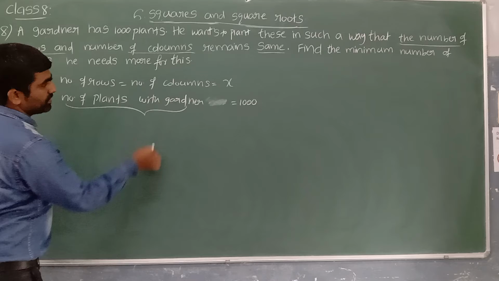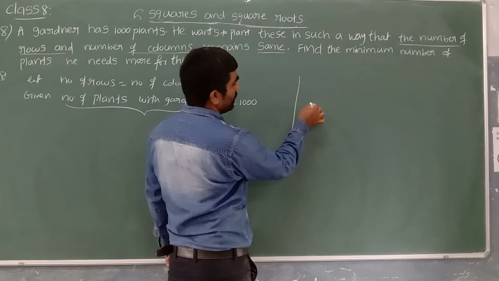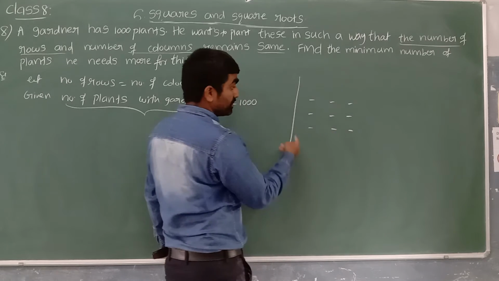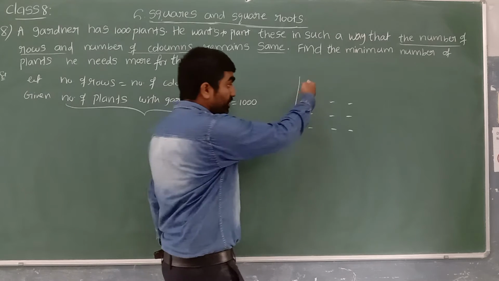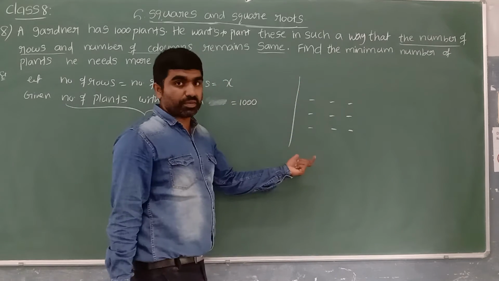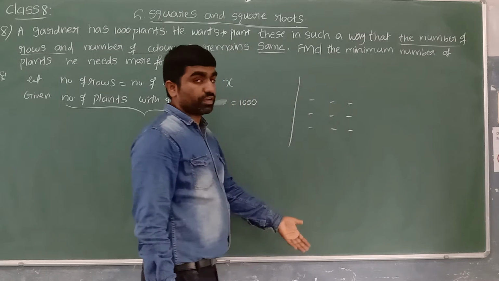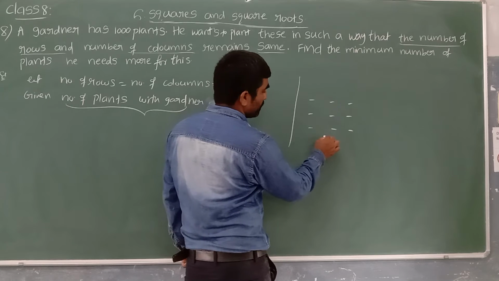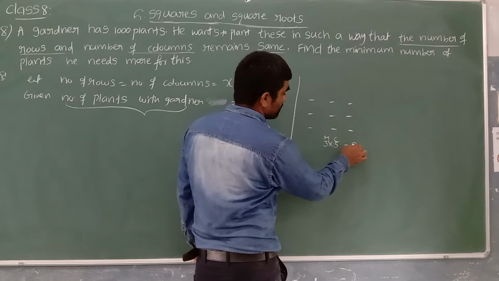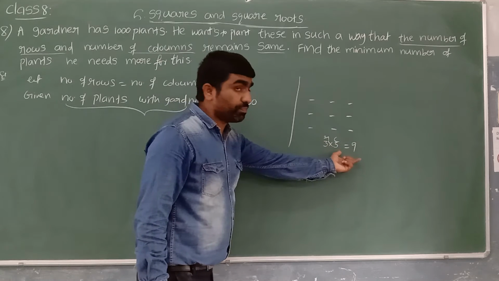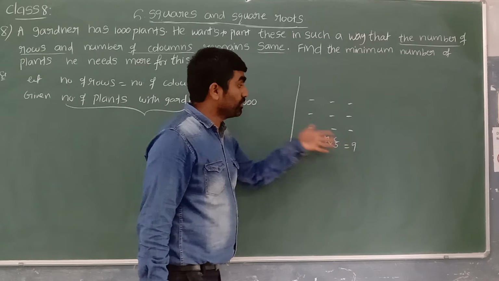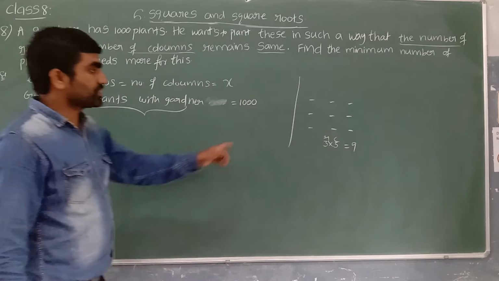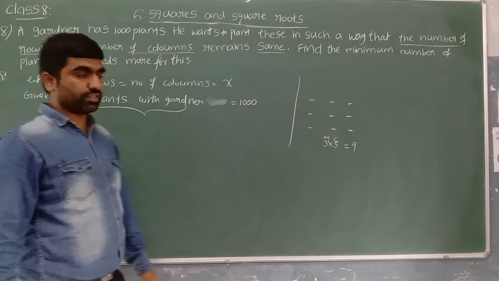How can we see the number of plants here? Suppose I take 3 rows: 1, 2, 3, and 1, 2, 3 columns. Horizontal is called rows, vertical is called columns. Here I can see some plants: 3 rows, 3 columns. Tell me, in total how many? 9. How did you get that 9? Number of rows times number of columns is 3 times 3, which is 9. So to get the total number of plants, we multiply rows by columns. By counting also, we can see 9 plants in total.